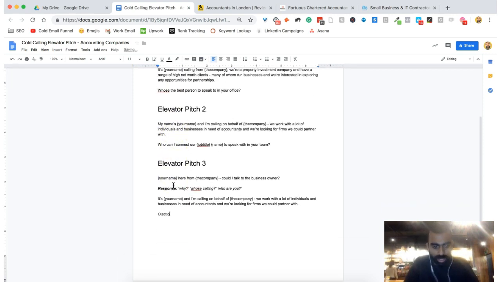So let's now go into the objection handling element of it. So an objection could be interested in property investment.